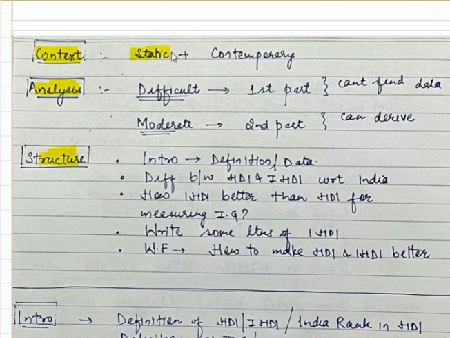I'm saying that it is static in nature. Why am I considering the question to be static in nature? Reason is inclusive growth. It is a very, very important part of the syllabus. This topic has been mentioned in the syllabus, and every year there would be one question from inclusive growth in the mains exam. UPSC will connect inclusive growth to multiple dimensions. Sometimes it will ask inclusive growth and financial inclusion. It may ask inclusive growth and market economy,